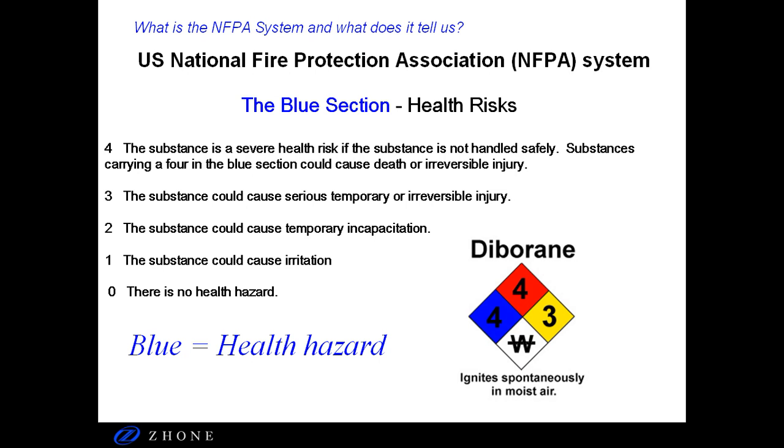The system used at Zones to communicate hazardous information about substances in secondary containers is called NFPA, or U.S. National Fire Protection Association system. Understanding the system allows us to quickly understand the type and severity of risks associated with substances. Four color-coded quadrants with numerical ratings on the labeling system provide a lot of information very quickly. The blue portion of the label tells us about health hazards. A number 0 to 4 rates the health risk associated with that substance. The higher the number, the greater the risk.